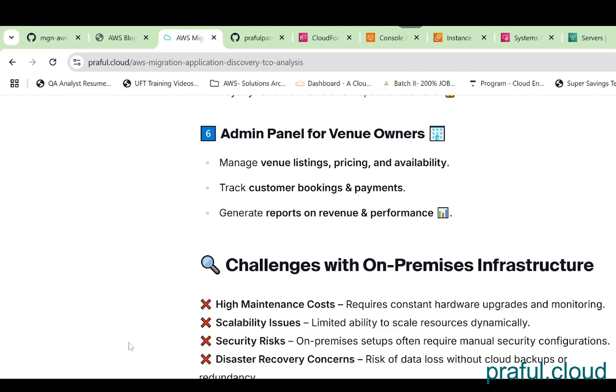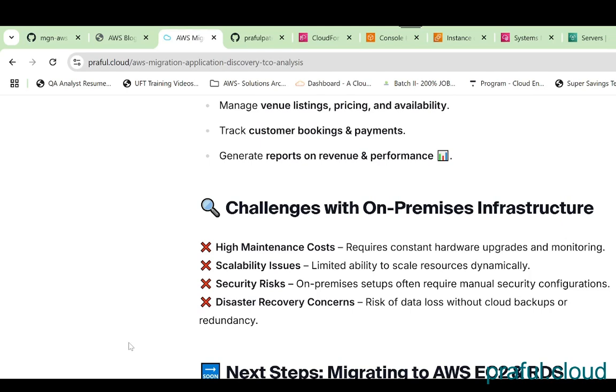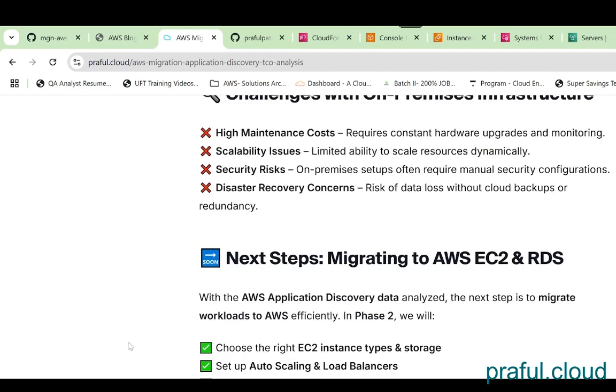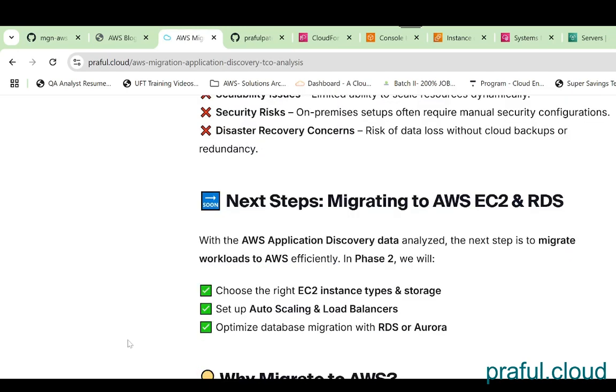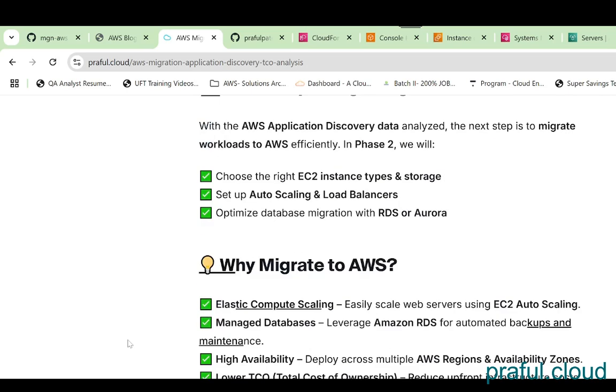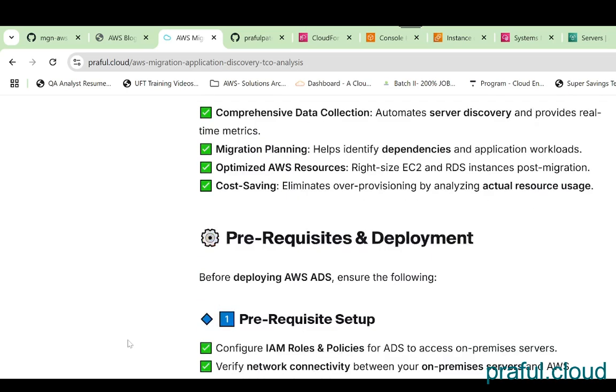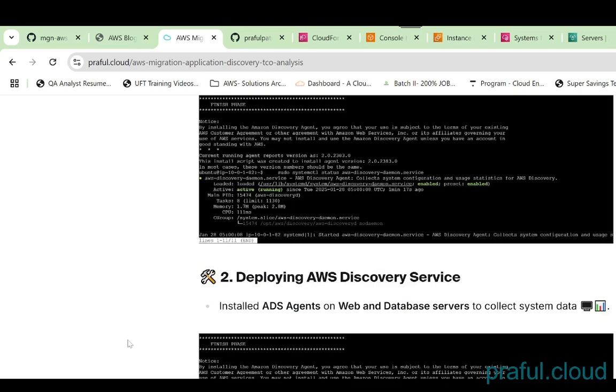Here the question is, what are the challenges with the on-premise infrastructure? High maintenance costs, scalability issues, security risks, and disaster recovery concerns. Those were the concerns because of which we migrate from on-prem to the AWS cloud. So this is the complete documentation here,